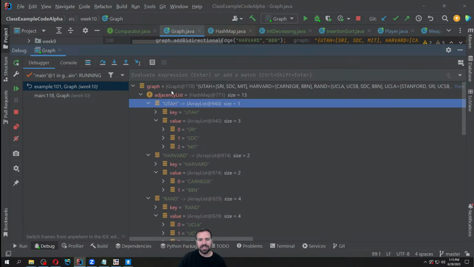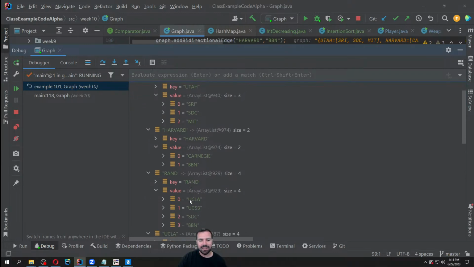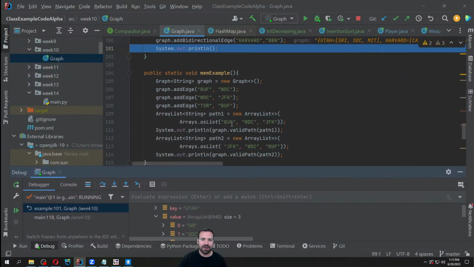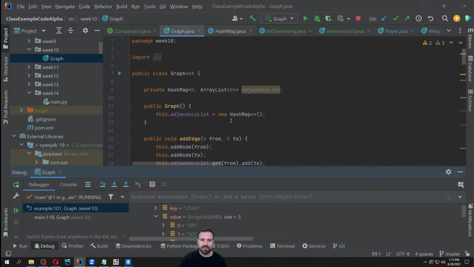So you're going to say graph.adjacencylist.get Rand, and it's going to return an array list with these 4 values. And that's how you're going to run your breadth first search, by calling that adjacency list and getting the values that you want from it. Now, of course, it'll be .get adjacency list, because you're not going to be in the graph class, you're going to be in your degrees of separation class, so you can't access this private instance variable,